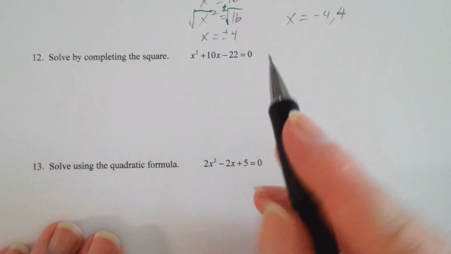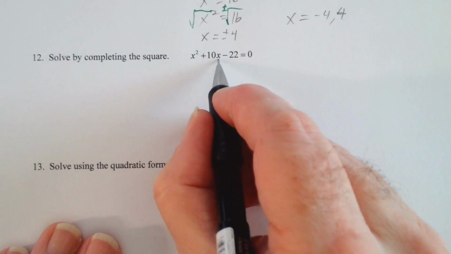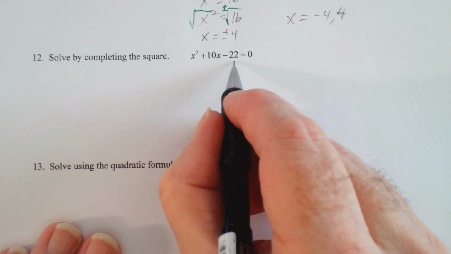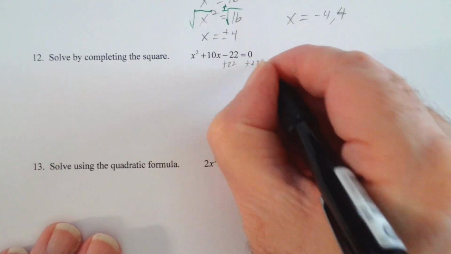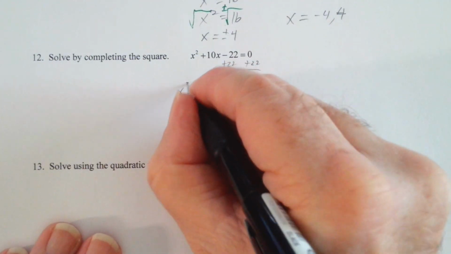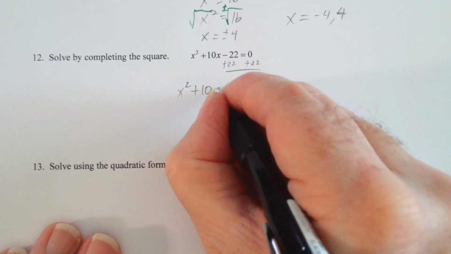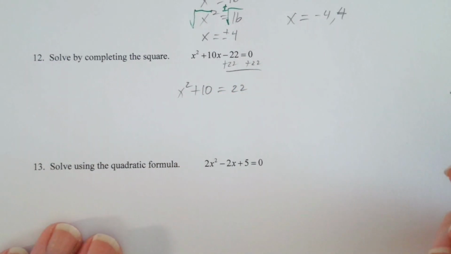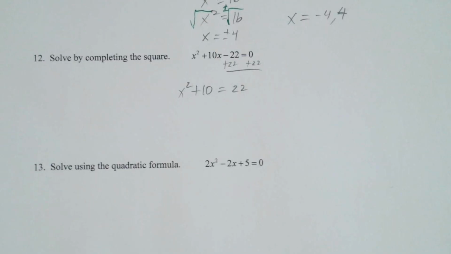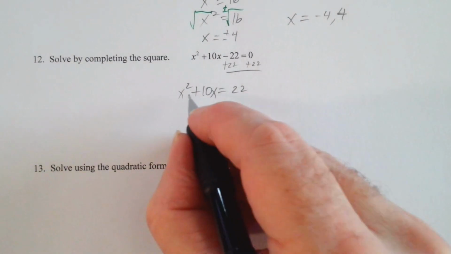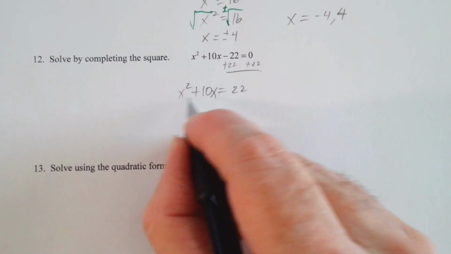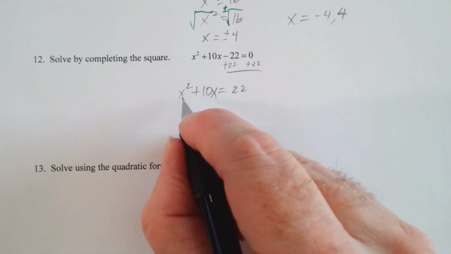But for completing the square, we want to isolate these 2 terms here. We want to get rid of that 22. So we'll add 22 on both sides. So we get x squared plus 10x is equal to 22. Oops, I forgot my x. That's our first step. So now we want to complete the square and create a perfect square trinomial